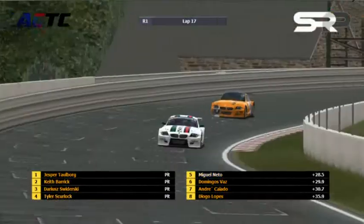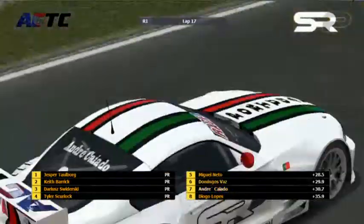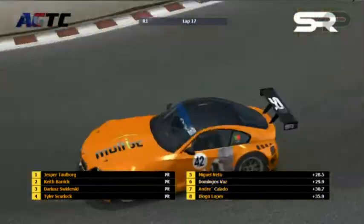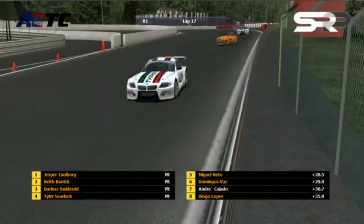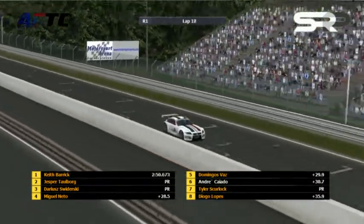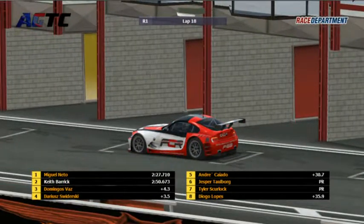Skurlock has gone to the pits, sorry, you are correct. NATO has not gone to the pits, Vaz has not gone to the pits, Caiado not gone to the pits, Lopez not gone to the pits, so the Portuguese continue deciding they're going to stay out. Of course, Caiado can pit at least a lap after these guys, because he did the same thing earlier. See how they need to all cover themselves, though. They do need to cover themselves, yeah, it's right. Caiado already on that strategy of going a lap longer, so he can make that work all the way through